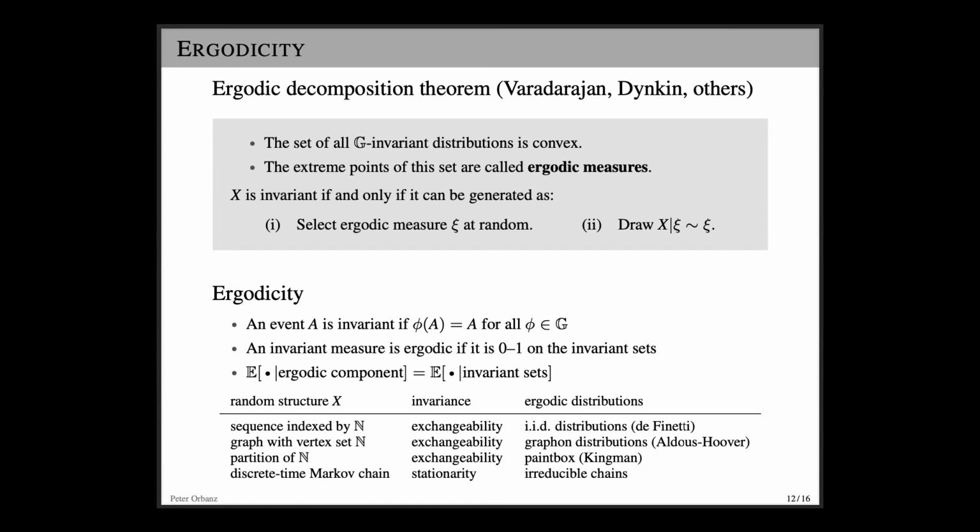Yeah? So if that doesn't change the set, then it's an invariant set. And the ergodic distributions are the ones for which each of these invariant sets has probability either 0 or 1. Happens certainly or happens certainly not. Yeah. It's kind of hard to see why the invariant sets are the ones we should care about,